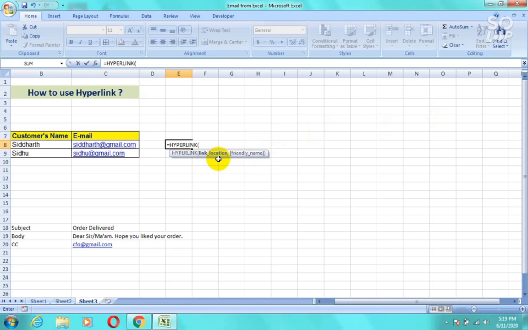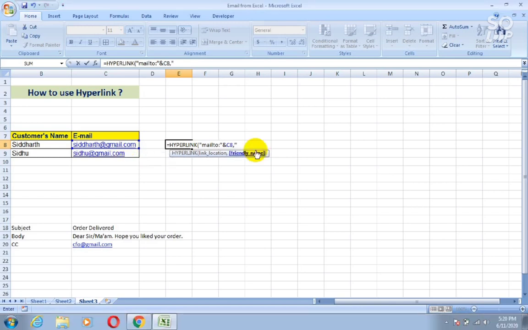Now first type inverted comma mailto: inverted comma and C8, that is the email address of your customer, then comma, then in friendly name type email, which you will get as your result.